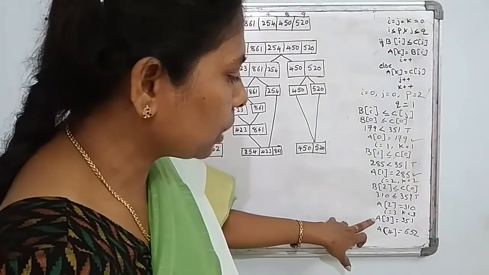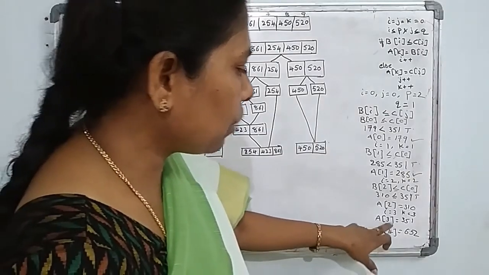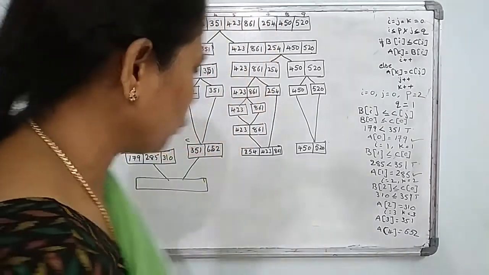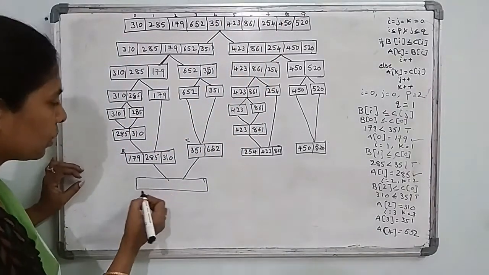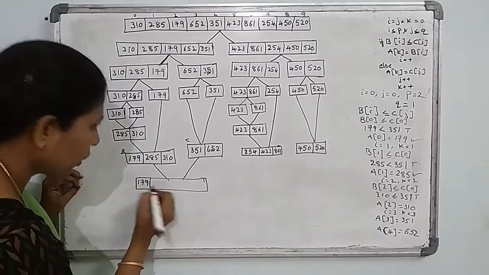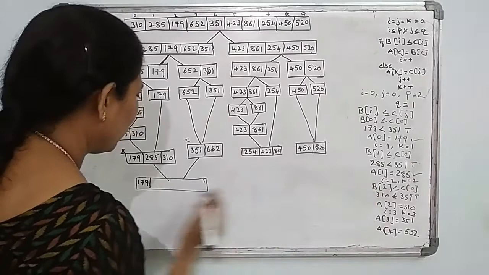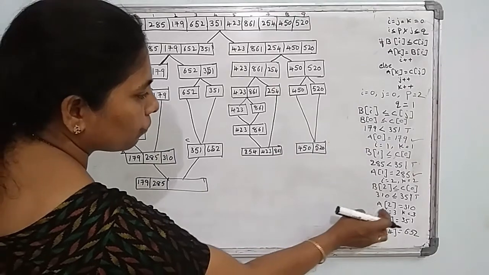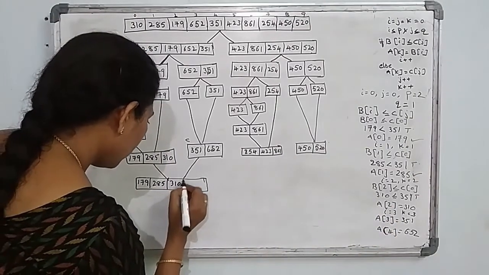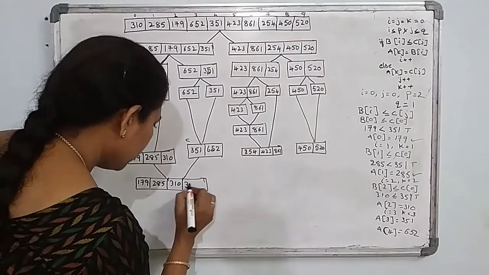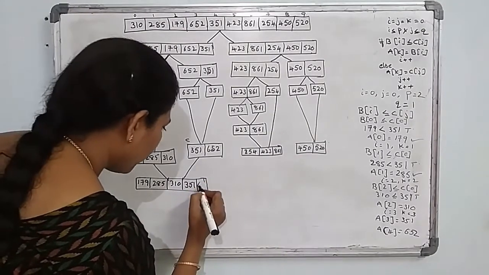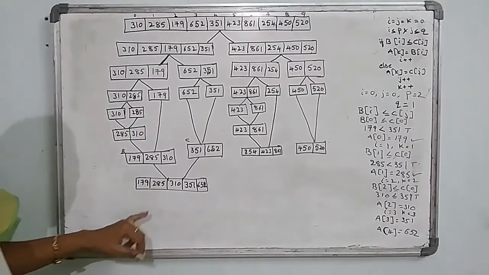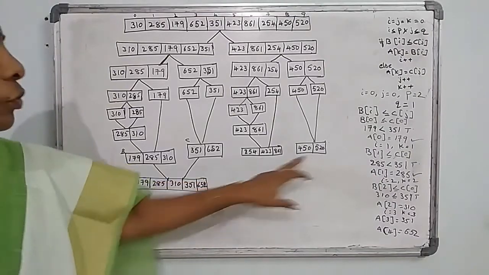So in array A you have the 3 and 4 elements. In A of 3 you store the value 351 and in A of 4 you store 652. So now the sorted array elements are 179 at A of 0, A of 1 means 285, next A of 2 means 310, next A of 3 means 351, A of 4 means 652. So in that way we can apply the process of merging. Similarly, you can do the same process for the other two arrays.